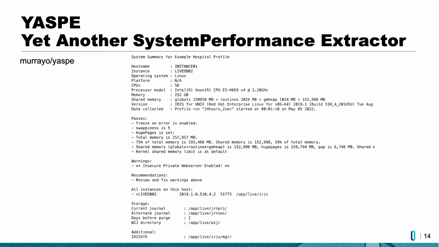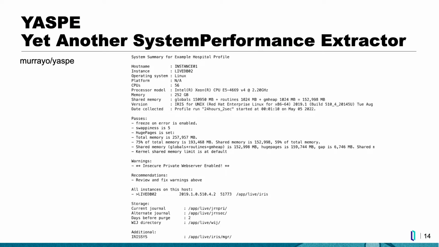The other thing that I'm doing at the same time, because all of this information is available in the system performance HTML file, is pulling out things that I need to know about, whatever system this is. It's got 56 cores, it's this processor, this much memory, what my shared memory is, whether I've got huge pages turned on and things like that. And I'm starting to build out a